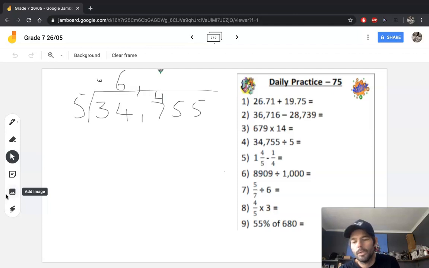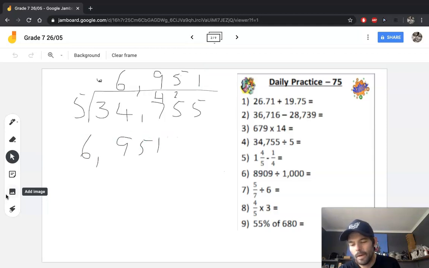9 times 5 is 45, so that leaves us with a remainder of 2. So that becomes 25, and we know that 5 goes into 25 5 times, no remainders, and then 5 goes into that last 5 once. To check this,